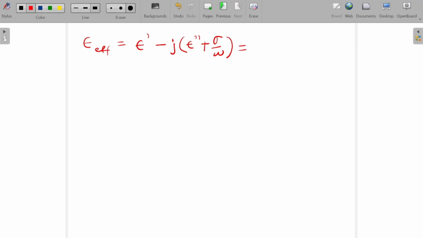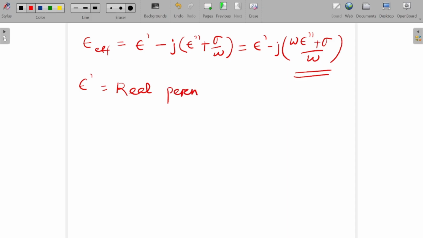So, this term equates to epsilon minus j omega epsilon double dash plus sigma by omega. So, this is the total loss factor. Here, epsilon dash is the real permittivity of the medium, which can be defined as epsilon naught, the free space permittivity, times the relative permittivity of that medium, and epsilon double dash is the imaginary part, which is the loss